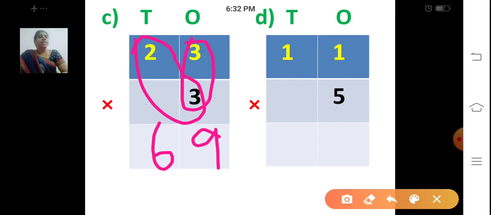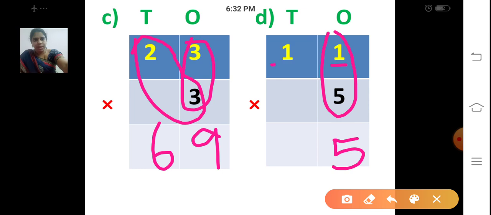Now in this sum we are going to multiply 11 into 5. 11 into 5. Shall we write the answer now? First what we have to do? What is the first step? Multiply the digit at the ones place by 5. 1 into 5. Now tell me, 1 table, right? Or 5 into 1? 1 5s are 5. So 5 ones. Write it below the ones place.